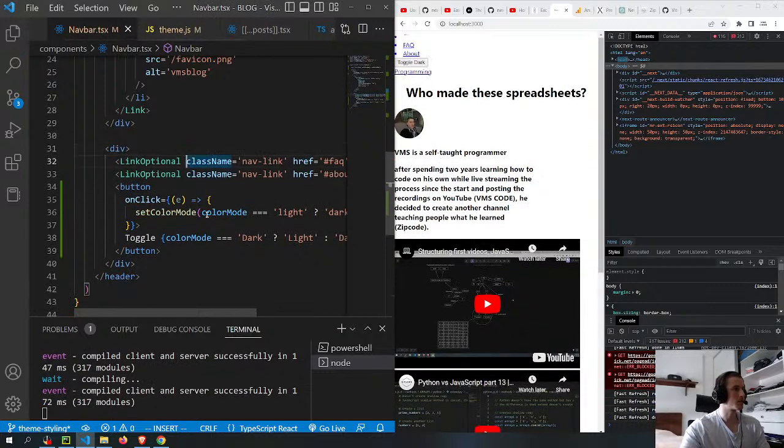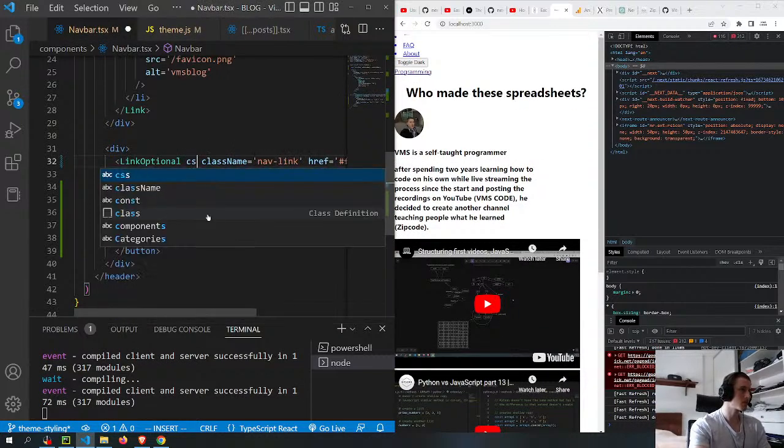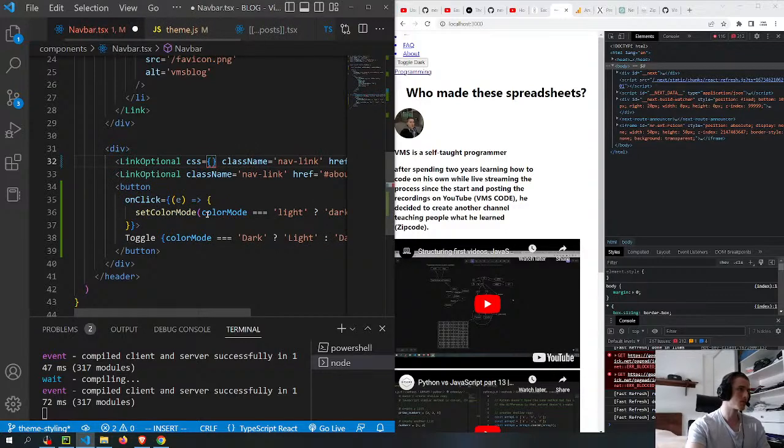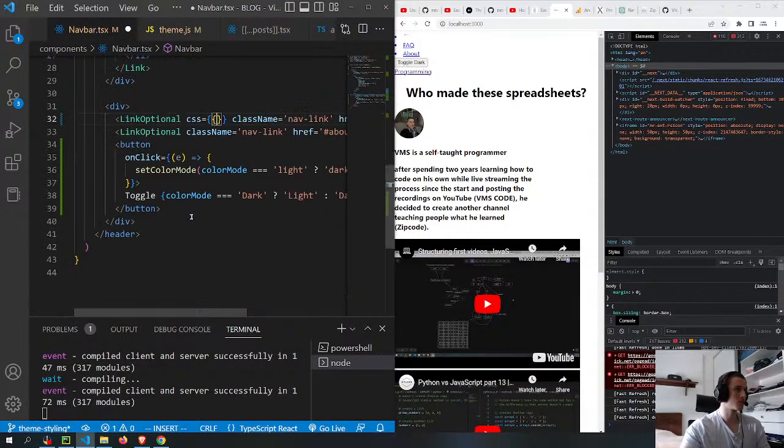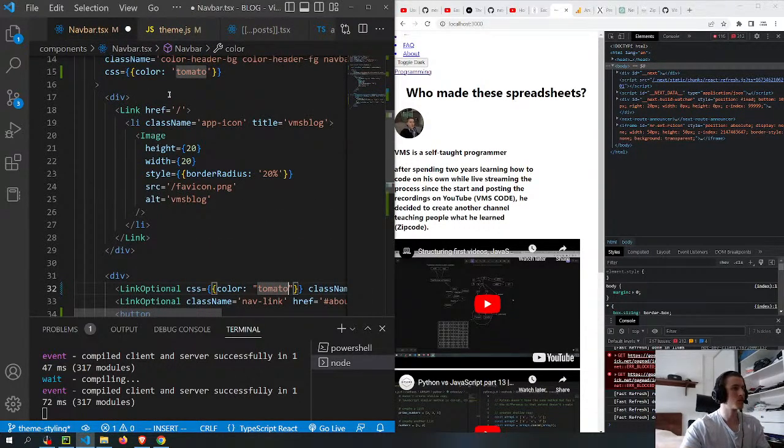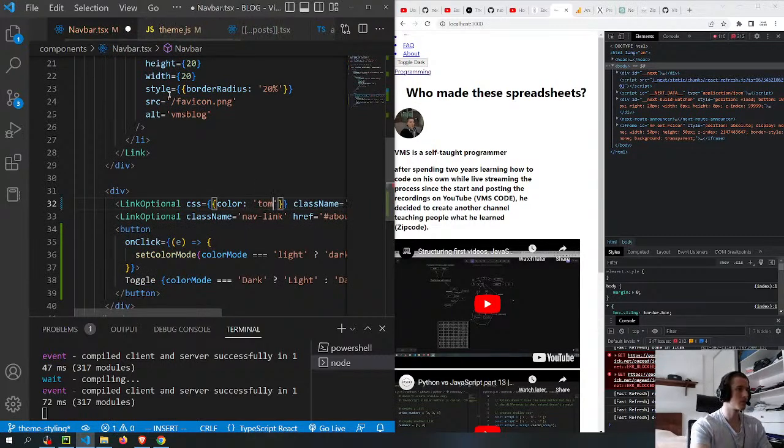Let me test that. Yeah, there we go. So when you're using a component, you have to put the property directly on the component,